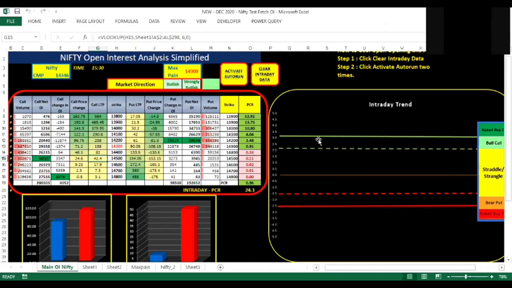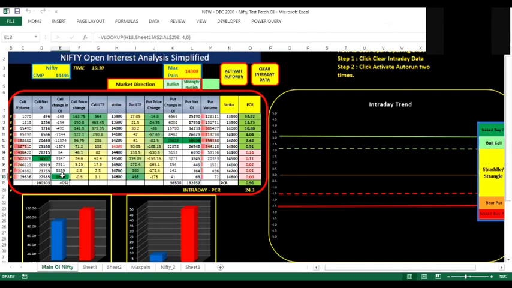So the intraday chart can be used based on that. Assuming you find that the line is remaining within a range like 0.5 to minus 0.5, just hovering up and down for the last 30 minutes, then the market is in sideways movement. Then you can probably consider selling a put option at the support level and a call option at the resistance level, right? So you can very easily identify during the day the support, the highest number of puts being written at 14,200, auto highlighted in green, and the highest number of calls written at 14,800.